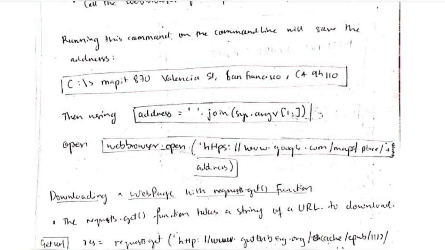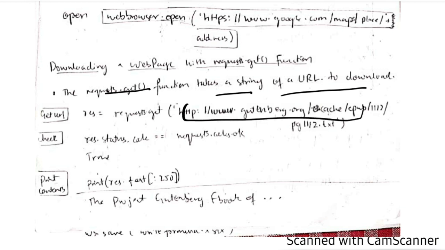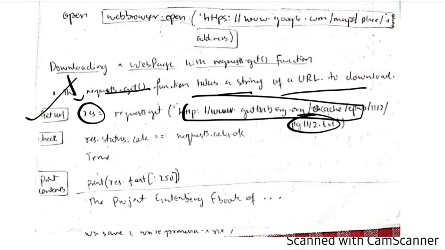Okay, moving on, the next topic is downloading a web page with the requests.get function. Requests is a module, and inside that module we have the function get. By using this we will be downloading a web page. The requests.get function takes a string URL to download. The URL at which that web page is present is specified here and stored in res. The first step is to get the URL, then check if the URL is valid, and if it's true, then print